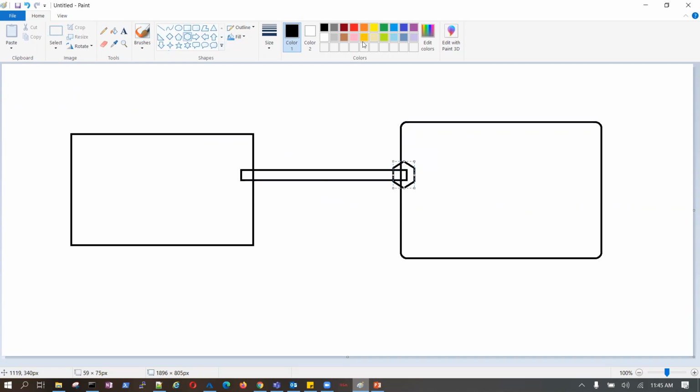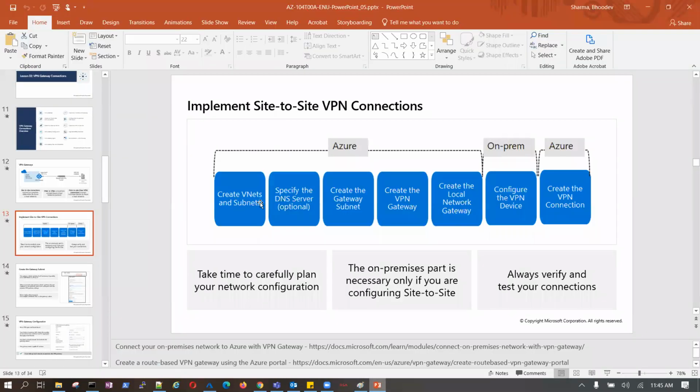I have this my VPN gateway, this is my customer gateway. Now create the VNets and subnets, these are the steps. Specify the DNS server, which again is optional. We check it. Create the gateway subnet.